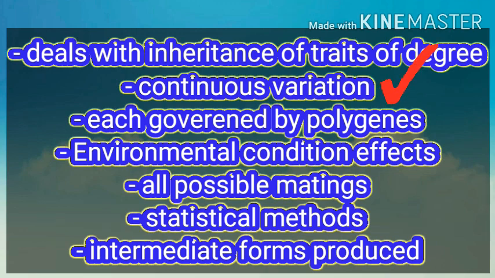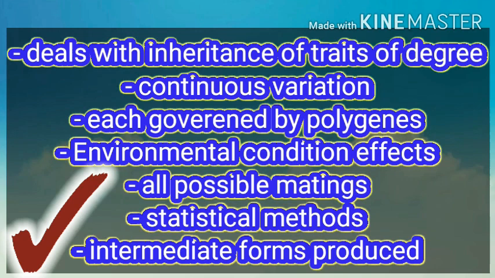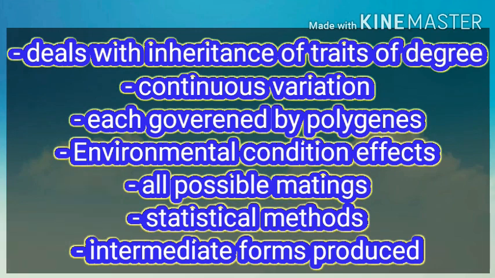So it comes under continuous variation, because it also proves that the full trait is shown when the dominant alleles are present, and it also shows the intermediate forms. So polygenic inheritance, otherwise called quantitative inheritance, follows continuous variation. Okay,